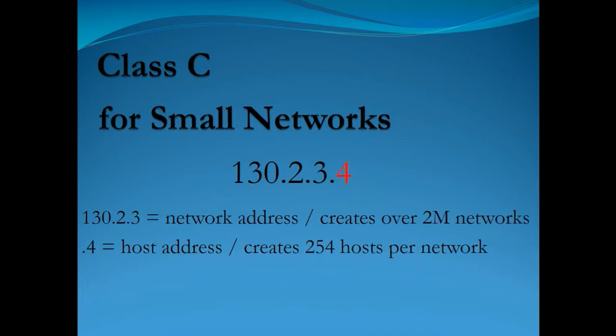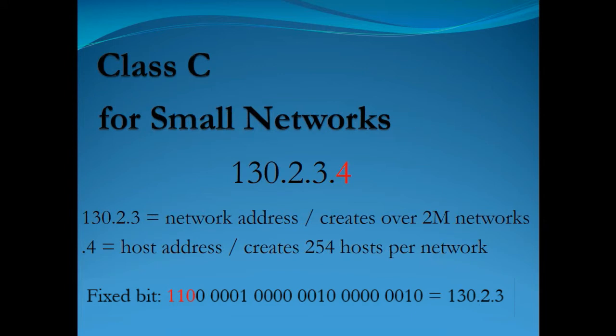Now, Class C are for small networks. The first 3 octets are for network address, and the last octet is for the host address. Ang fixed bit naman dito ay yung first 3 bits na dapat ay laging 110 at magbibigay sa atin ng over 2 million networks. Ngayon, dahil 1 octet lang ang natira para sa host address, 254 networks lang ang magagawa natin per network,